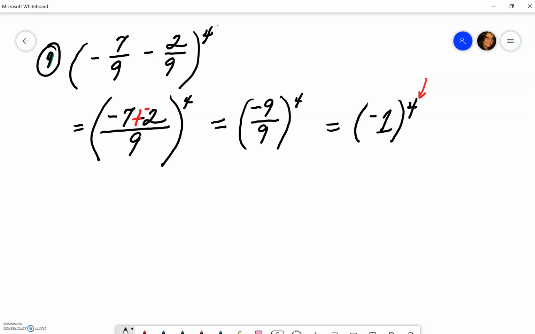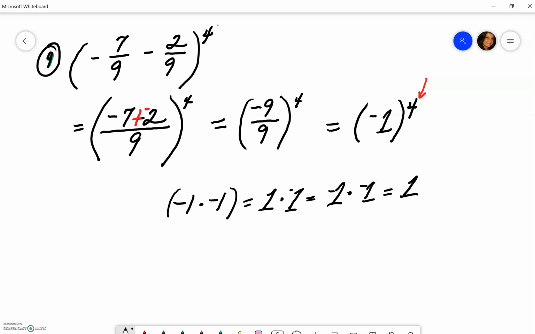So let me just show you how it looks. If you have negative 1 times negative 1, that would give you a positive 1. And then we multiply it a 3rd time, this gives us a negative 1. And if we multiply it by a 4th time, negative 1, then you can see how we end up with a positive answer. So we did it 1, 2, 3, 4. These were just the answers when we were multiplying it out. And that's why we end up with a positive as the final